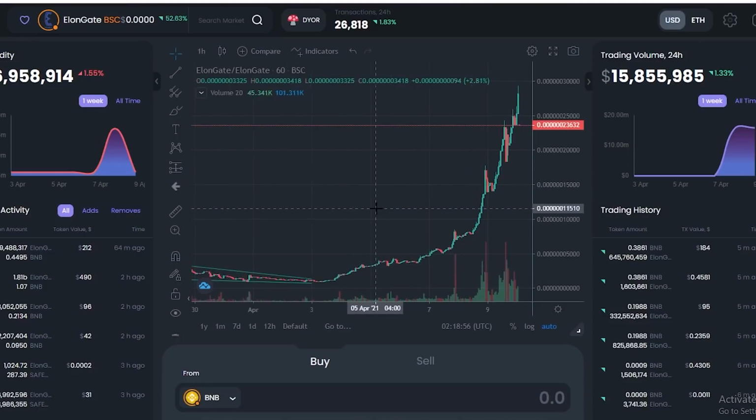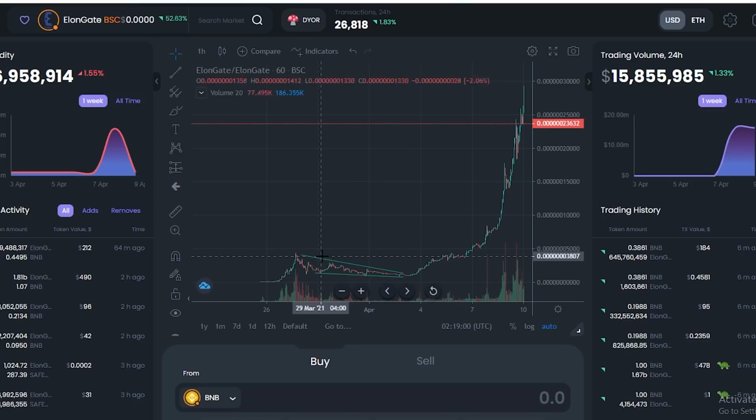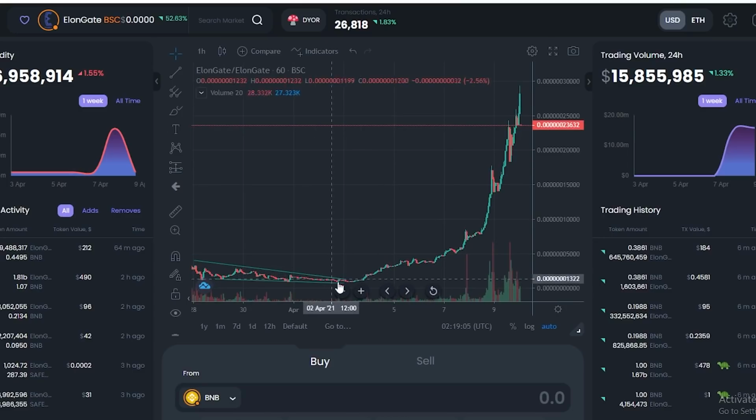And as I bring the chart up here, I wanted to show you that after my last Elongate video, doing some brief technical analysis here, I said if it was to break this trend line, it would be a perfect time to enter. This is when I did enter, and that's the price pull that I pulled up here. And I exited yesterday at about this point here.